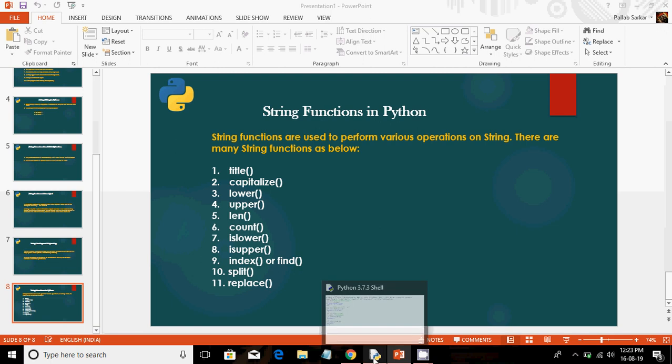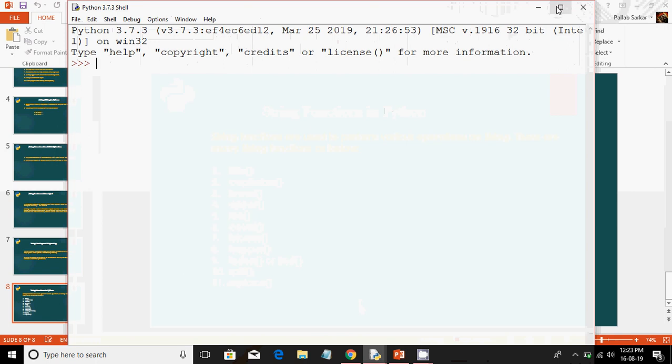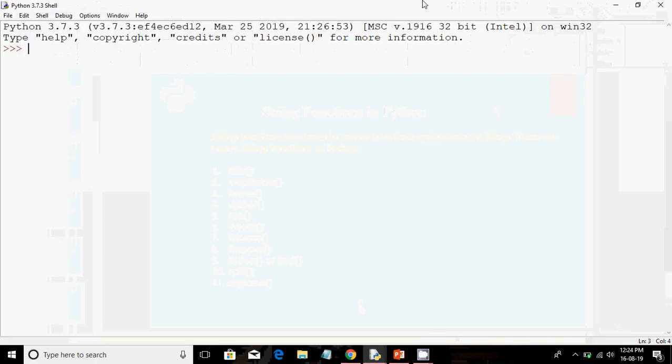So first open the IDE. Let's declare a string first. Say str1 equals to Python developer. So here you can see that this is a single string, that is Python developer, but note one thing, that this string contains two different words, that is Python and developer. Whenever we separate a string with space, it becomes two different words, but the string is only one, that is